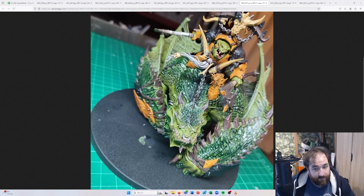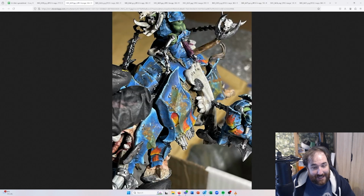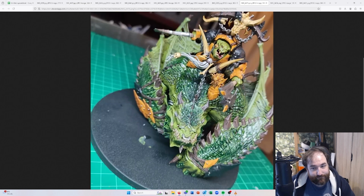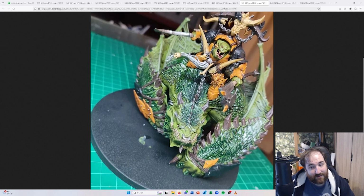The only problem with this is that my pig is blue. My Ironjaws are blue, and this guy's in yellow. So luckily this is magnetized on, so I can separate it. But at some point very soon, I'm going to have to strip all the paint off this model. And I'm going to have to paint this dragon red or blue, and I'm going to have to paint him in blue armor. So we can't be having us running around with a green and yellow